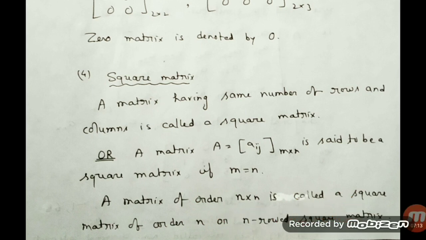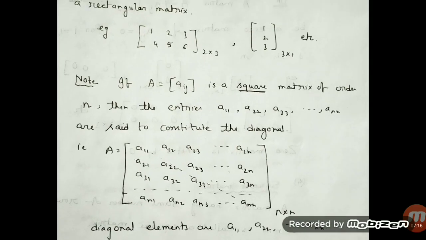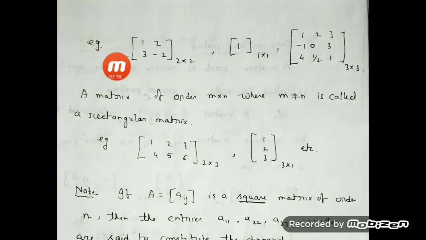Okay? So, for a square matrix, the rows and columns must be the same. So I have given examples too. You can have any entry, but you see the number of rows. In this case, 2 horizontal lines and 2 vertical lines. So, this is a square matrix of order 2 by 2 or order 2. This is also a square matrix of order 1 by 1, or instead of 1 by 1, we can say it's a matrix of order 1. Like that, it's a matrix of order 3 by 3. You can have any entry, all may be equal to 0. It doesn't matter. The elements can be any numbers, but the rows and columns must always be equal.